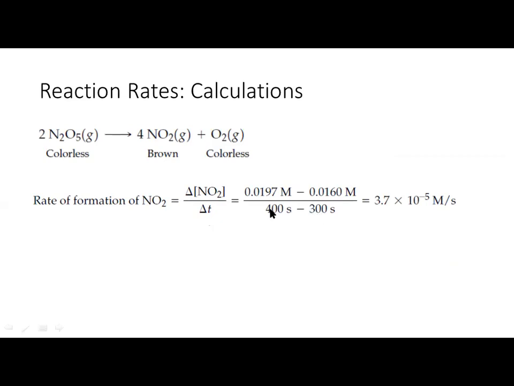It is starting from the 0 second, remember, and then ending with this time. And these are the concentrations. This is the concentration at 300 seconds, and this is the concentration at 400 seconds. You are just taking a difference. So this is the change in the concentration. You are just subtracting the lower value from the higher value. So this is the change. Any change you have to calculate in a similar way.